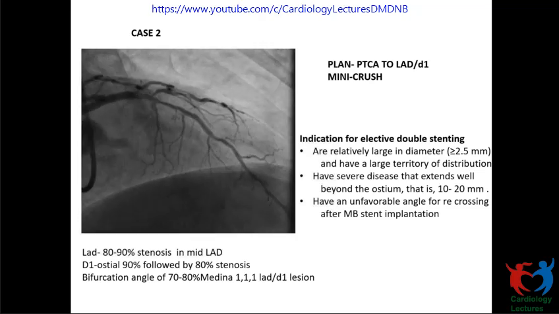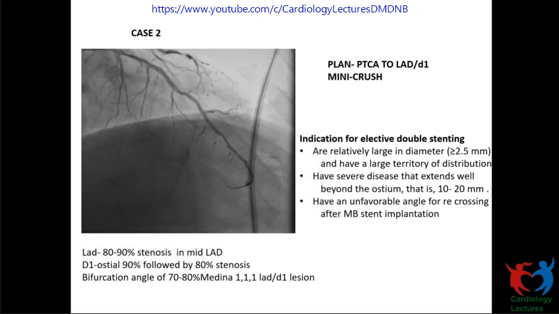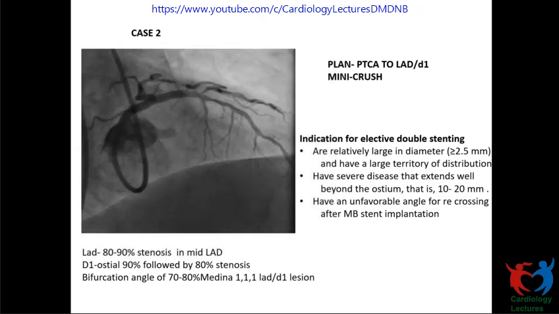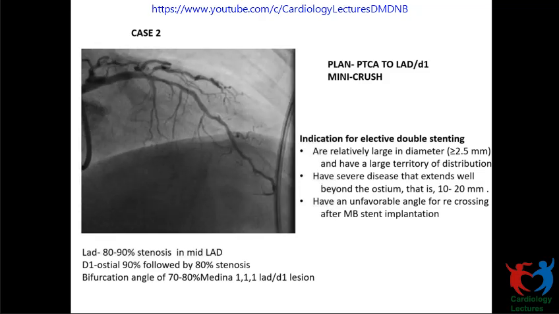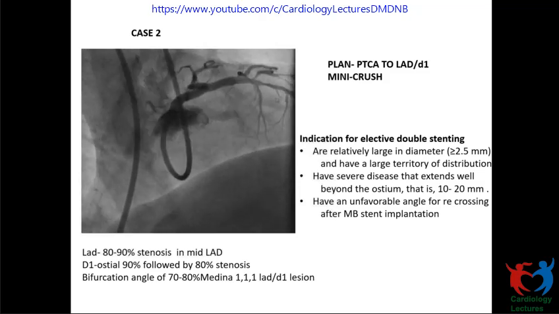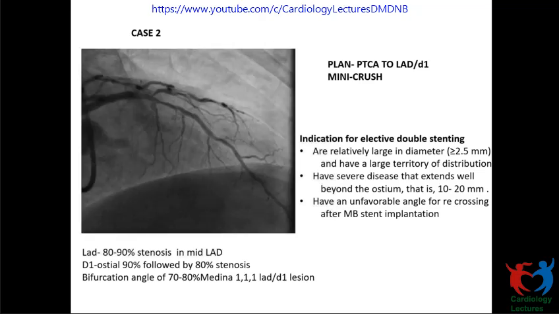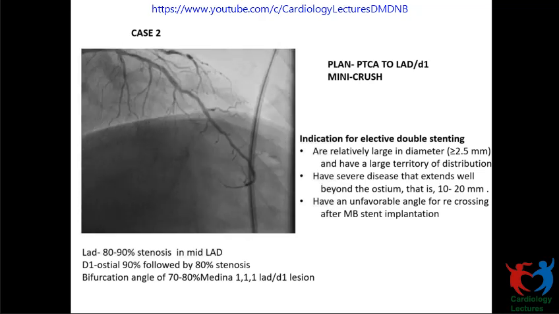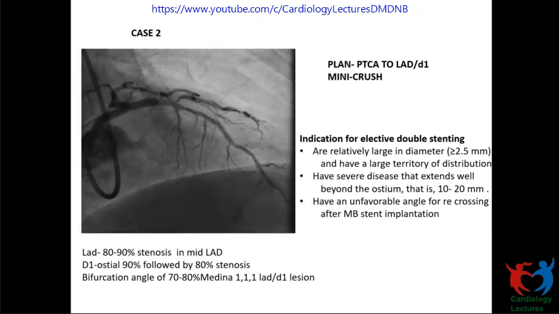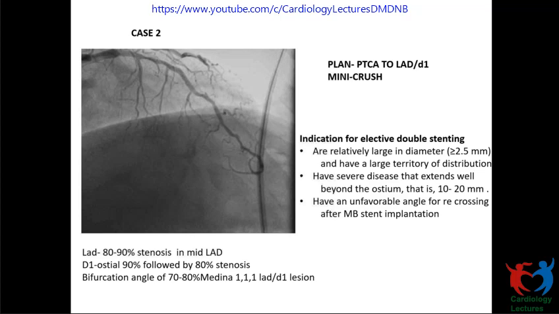The diagonal is not very big. The OM in the last case was a more important vessel than this diagonal. This is a good diagonal. This diagonal is quite big enough, and it is the only big diagonal when compared to the others. Even though it is D2, D1 is also a small intermediate size, and I think it is fair enough to think of protecting this diagonal. Yes, protect it, dilate both the vessels.